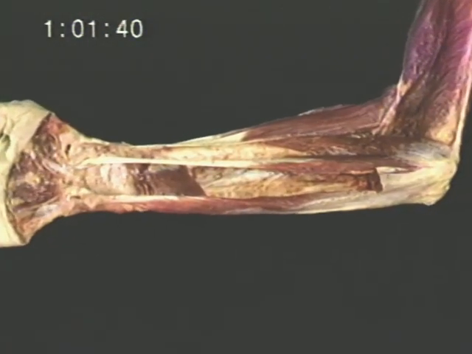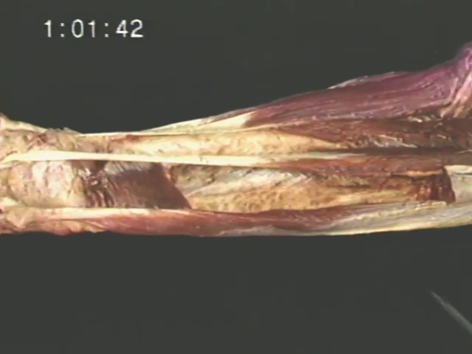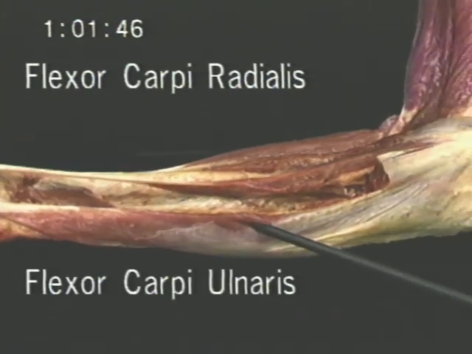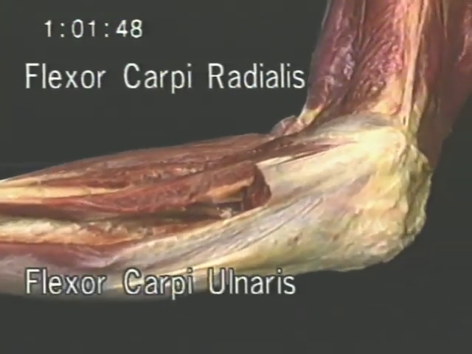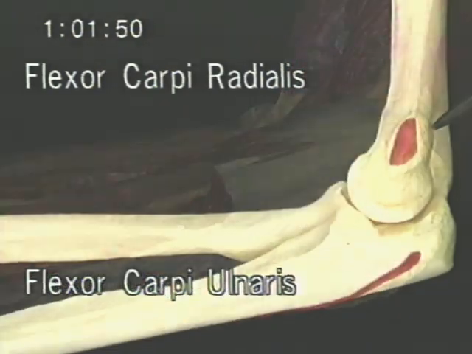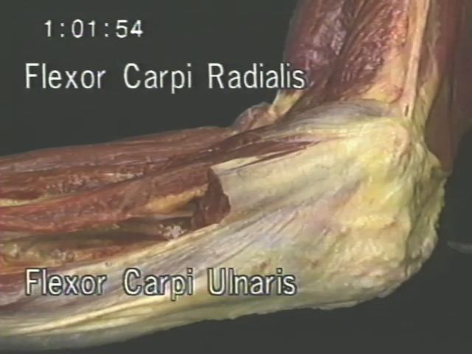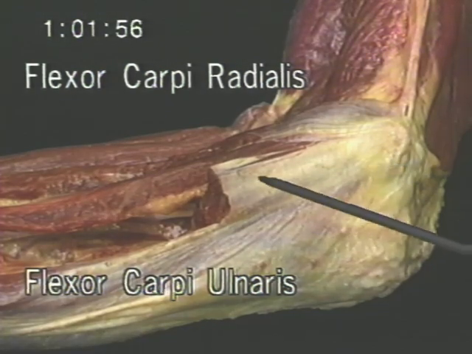Now, let's look at the muscles which produce wrist movement. There are 3 flexors and 3 extensors. We'll look at the flexors first. The 2 important ones are flexor carpi radialis and flexor carpi ulnaris. They both arise from the medial epicondyle, where they share a massive tendon of origin, the common flexor tendon, with